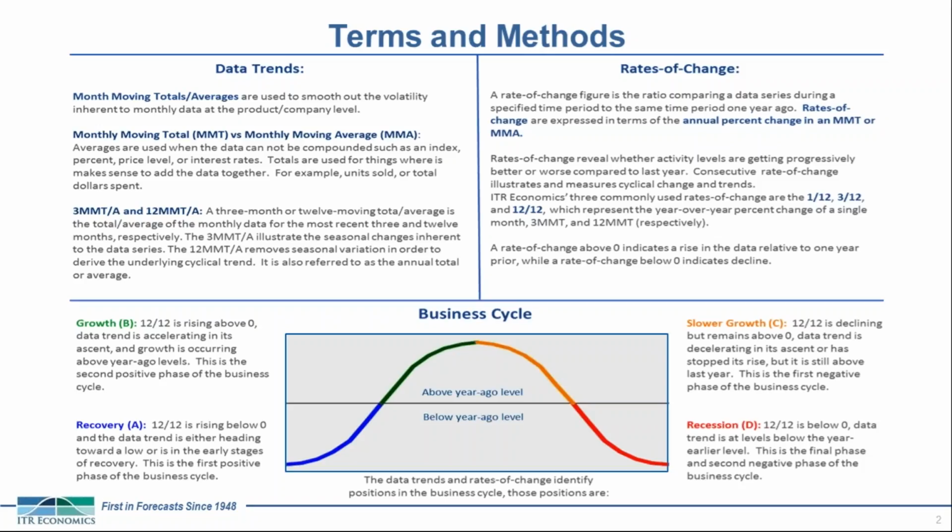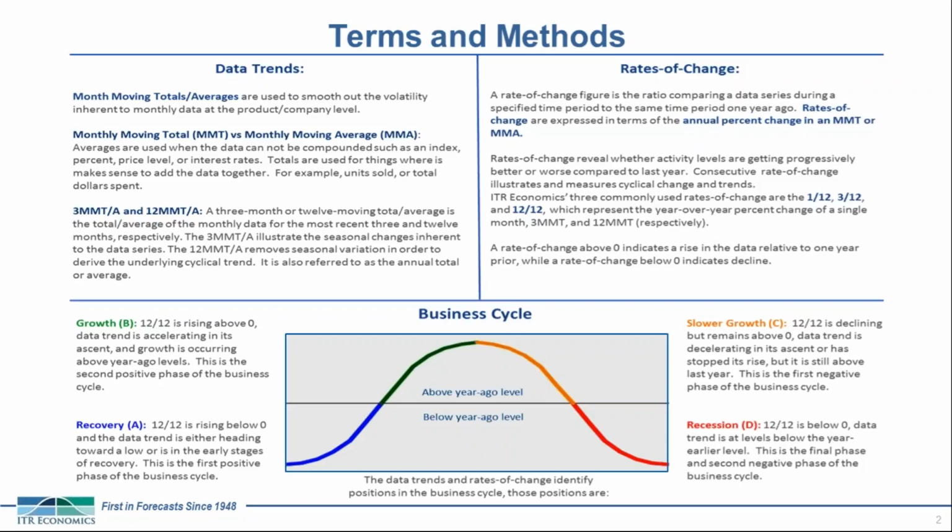Instead, we can have what we consider a soft landing. This is when you transition from phase C, slower growth, the cautionary phase of the business cycle, directly back to phase B, accelerating growth. So your 12-12 is declining, but it reaches a cyclical trough and transitions back to rise before reaching that zero line. This is the best phase of the business cycle, and if it was up to me, it's the phase that you and your colleagues would be in all year round. However, we know that's not possible. This is most generally seen during economic boom times.